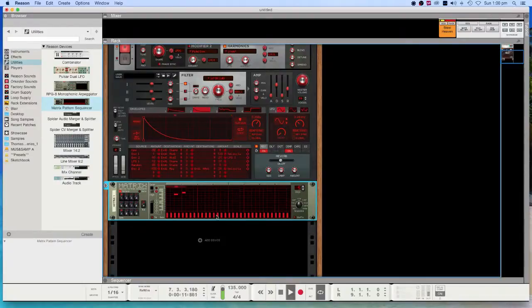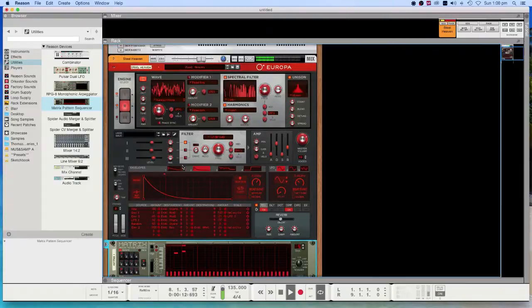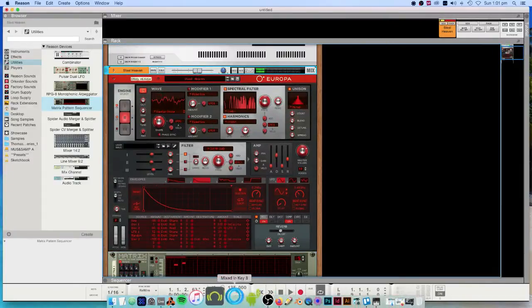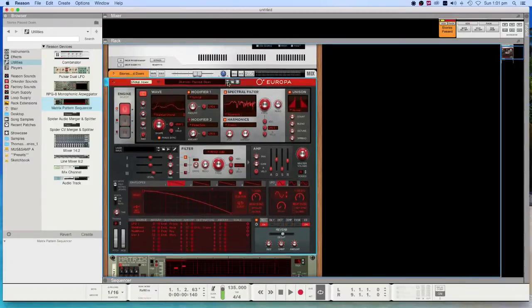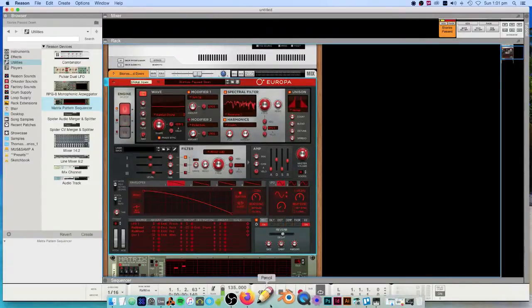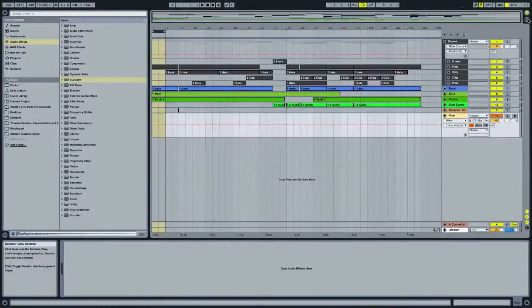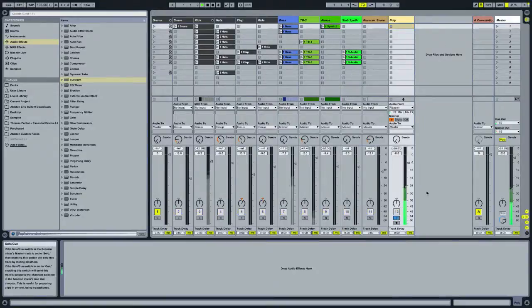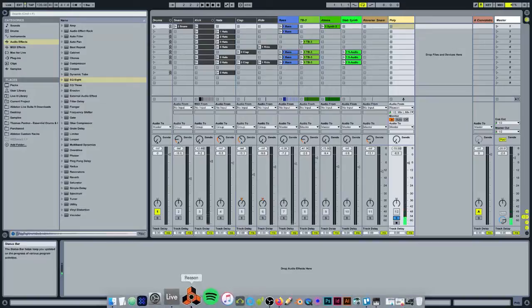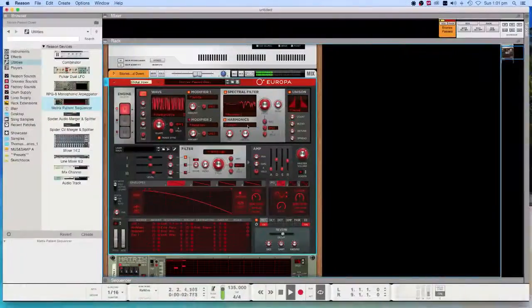Steps. Okay, so my computer doesn't like that. Too much going on, too many things happening at once. I wonder if I can solo that. Yeah, that's probably the best thing to do. Right, let's go to